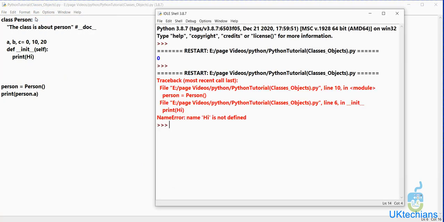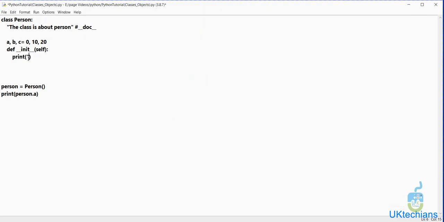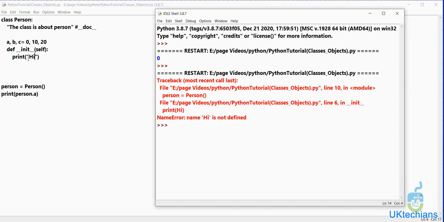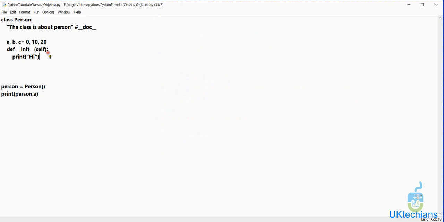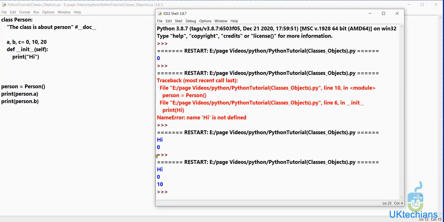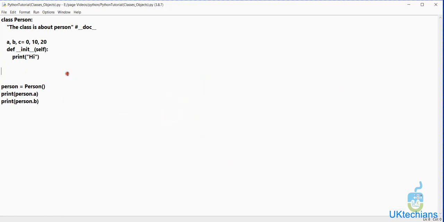Whenever we create the object, it will print hi. Because I did not add the quotation marks, it shows an error here. So whenever we call this class, it will print hi. So let's print these three variables here, person dot a, person dot b, and then save it and press F5. So it will print this, right?